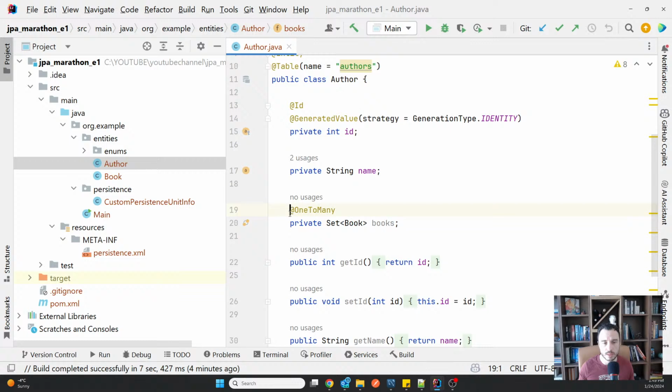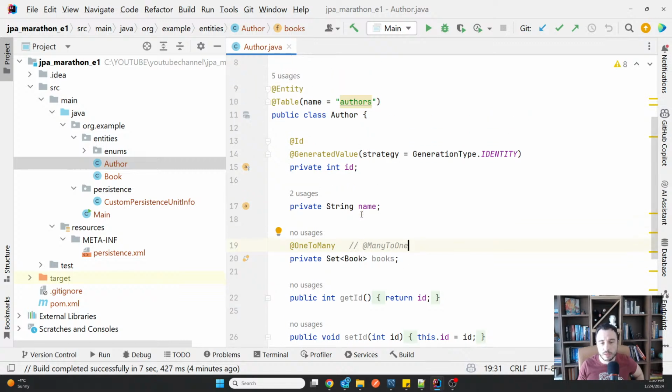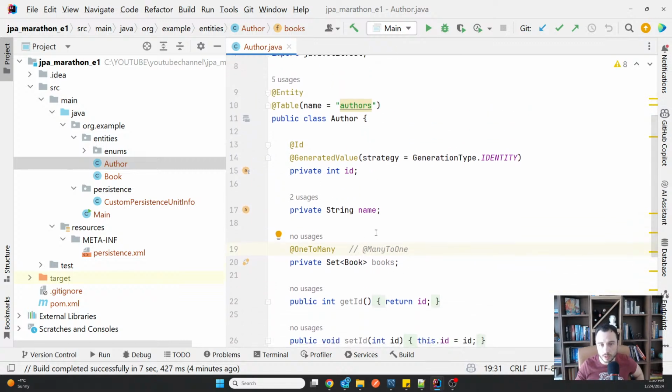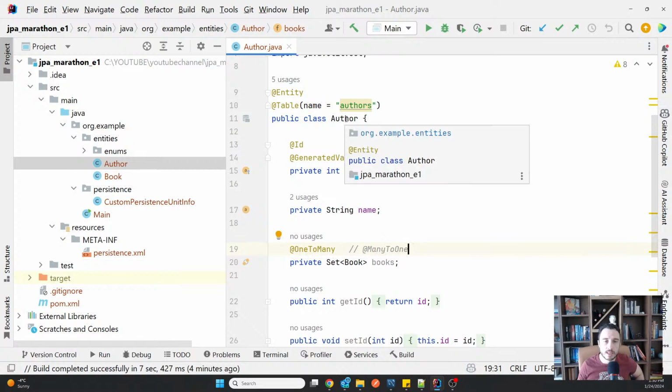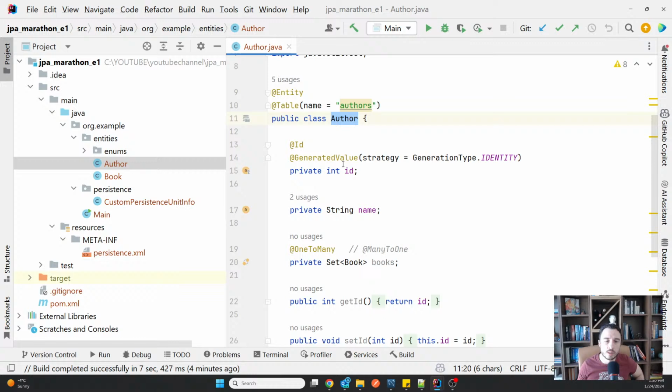Always when you think about it, because again, for beginners, I saw one of the things kind of difficult to remember is when to use which. We have two annotations. Now we have OneToMany, and you will see later we also have ManyToOne. So you have to use them properly, and OneToMany is always used on a collection. If you don't remember which one is always used on a collection, you just say it from the top: one author has many books. So top to bottom, one to many. So this is OneToMany.